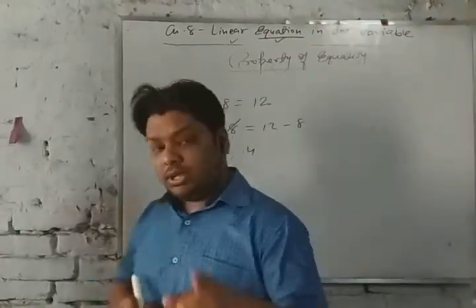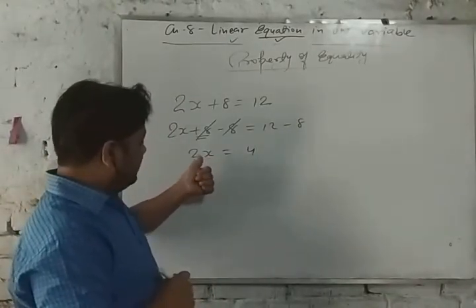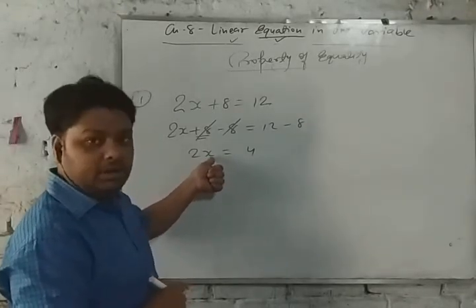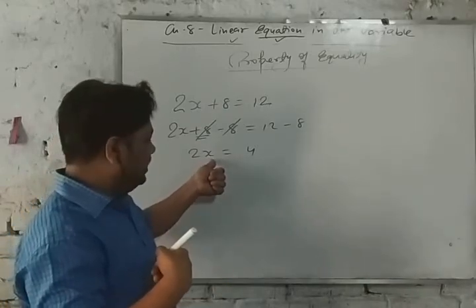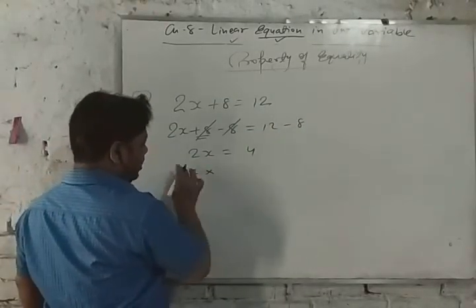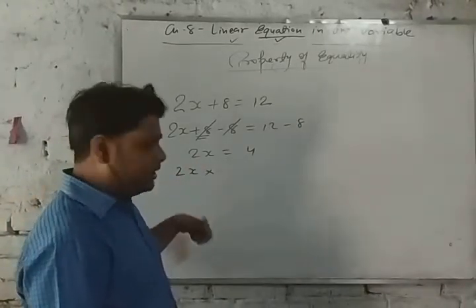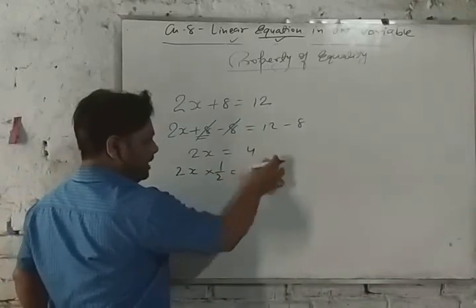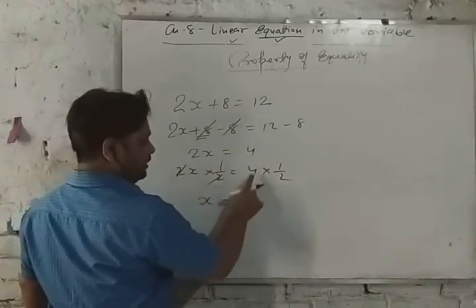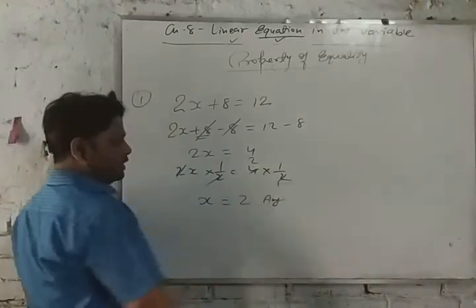If there is a need, here you can see the 2 and x are in a product and there is also a constant term with the variable. So here we will need to apply the multiplicative inverse. So 2x, then what is the constant term with this variable? 2. Then what is the multiplicative inverse of 2? 1 by 2. And the same in RHS, 1 by 2. Then 2 and 2 cancel out. X into 1, x. Then here 2 ones are 2 and 2 fours are... 2 ones are 2, 1, there is no value. So x is equal to 2 will be the answer.